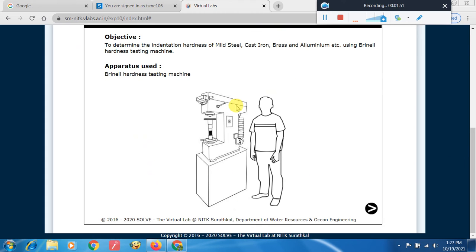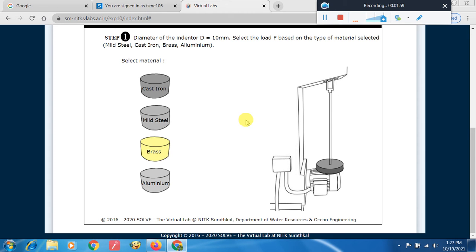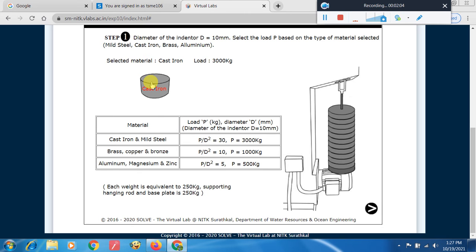So if you see here, this is a Brinell hardness testing machine. Once you give next, you have to choose which material you are going to test. Let me choose cast iron, and these are the properties of cast iron, and the diameter